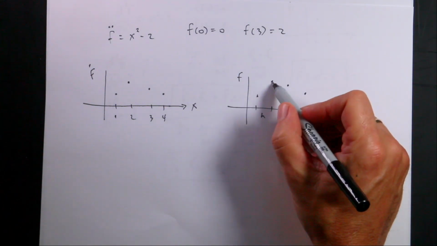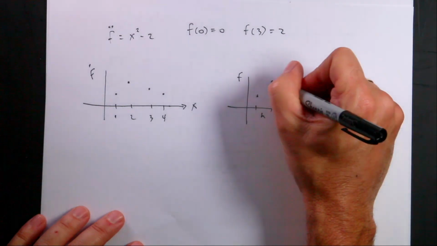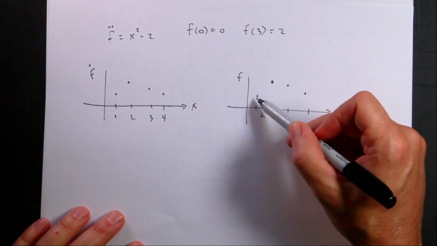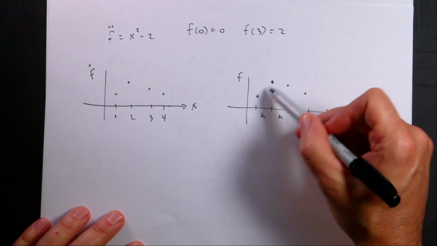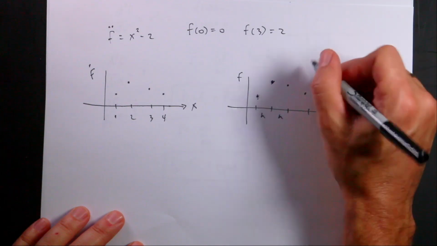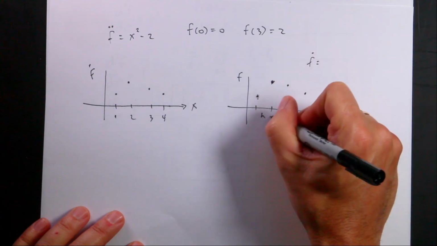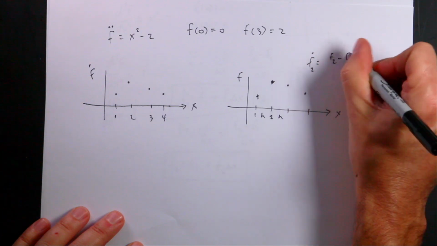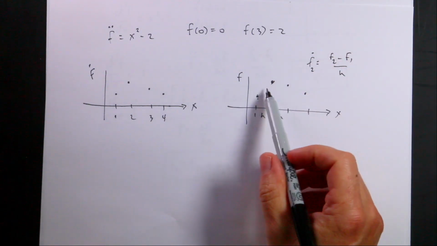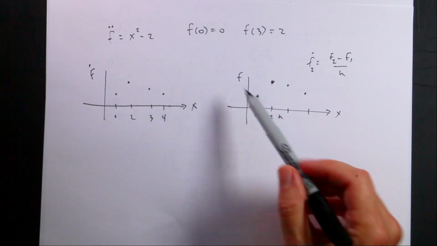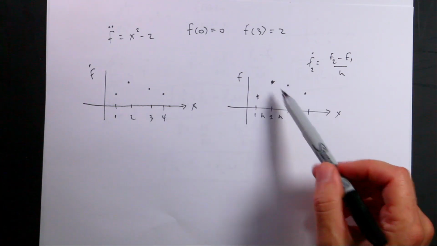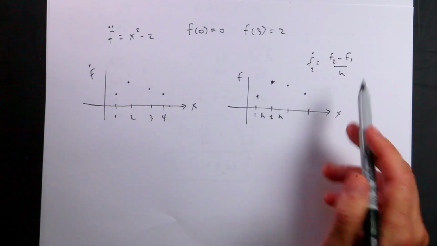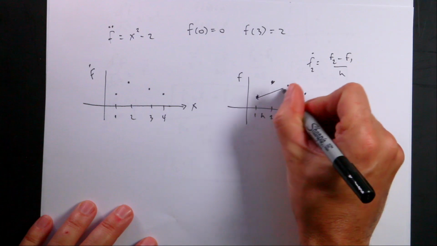Okay, so what if I want to find f dot right here? I want to find the derivative at this point. Well, one way to do that would be to use the definition of slope going from here to there. That's f1, that's f2, so f dot 2 is f2 minus f1 over h. But that doesn't really take into account what's happening over here. So I could do it over here for these two, or I could find the slope from here to there. So let's do that.